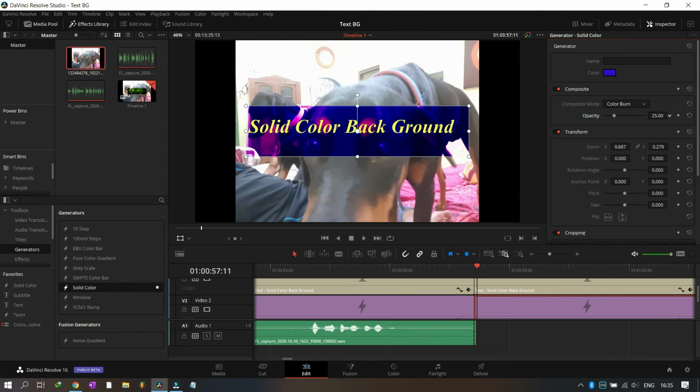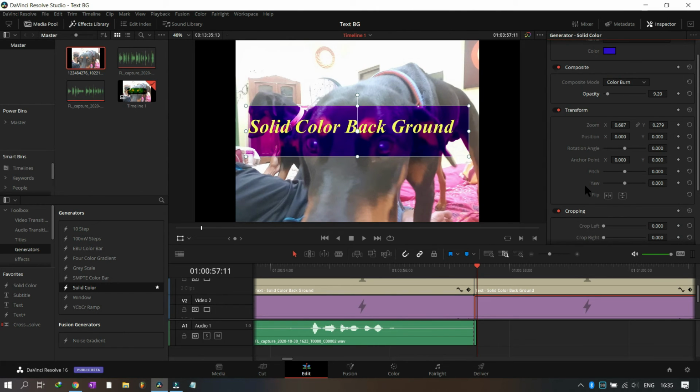Even those golden points on my Dobby's eyes and eyebrows are also looking beautiful. It depends what you want. If you want the background image to be very visible, you can decrease the opacity. Then it will become like this, but we'll keep the opacity a little bit, and I think this is good. So that's how you will add background color to the text in your video or on the text which you put in your picture.